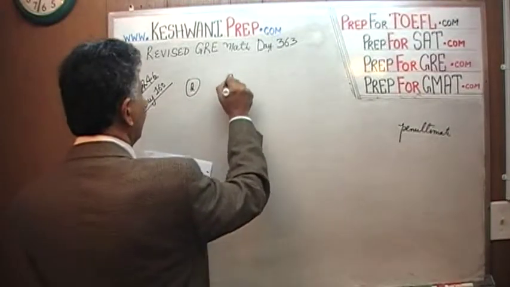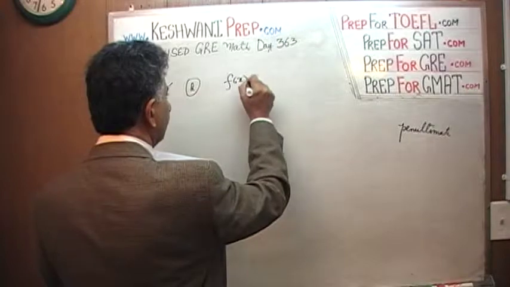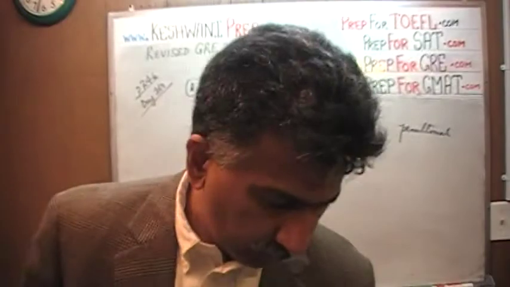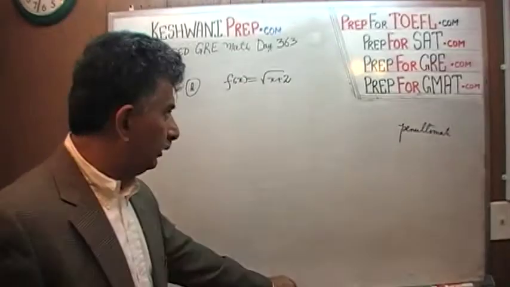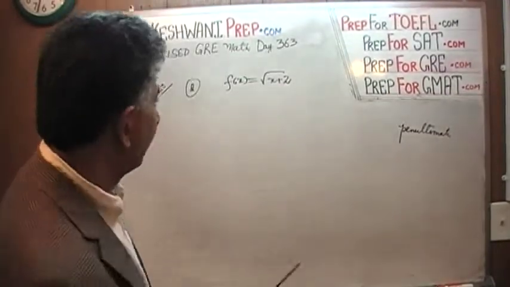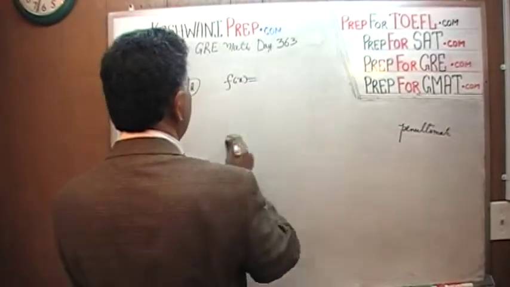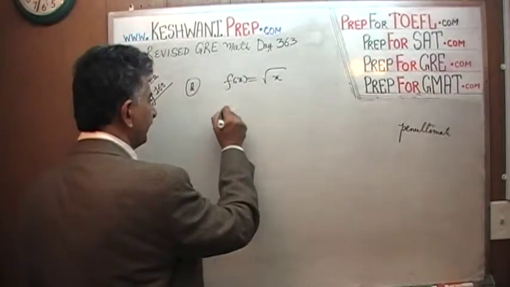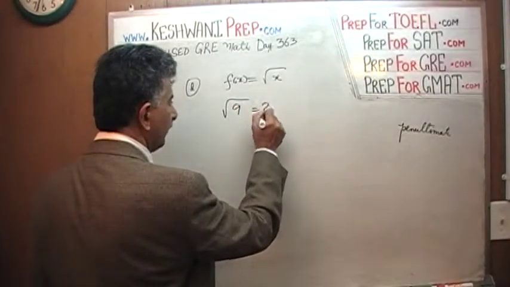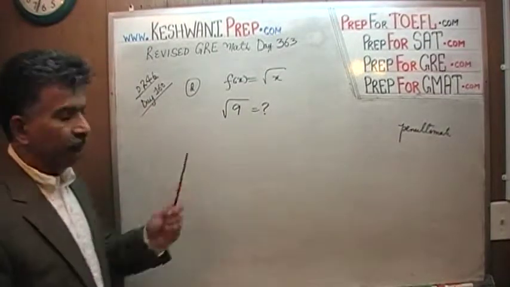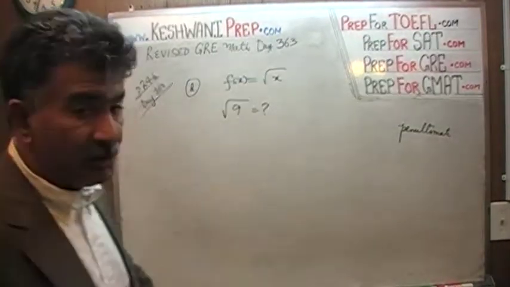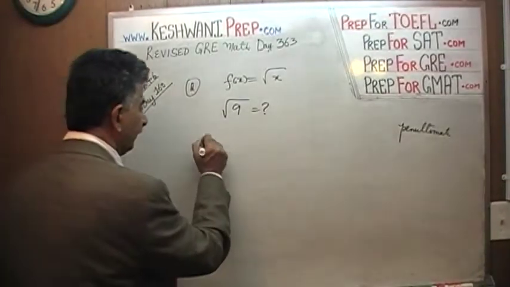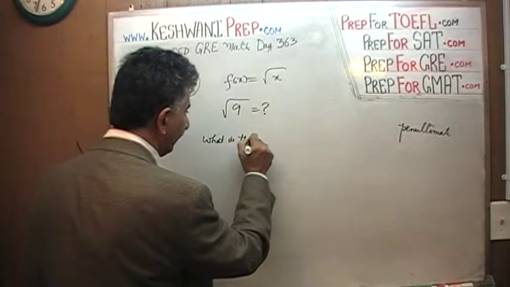D says f of x equals root of x plus 2. Before we worry about root of x plus 2, let us begin with something simple. Let's ask ourselves what happens if f of x equals just root of x. For example, if somebody asks us how much is root of 9, what is this question asking? If somebody were to articulate this in English, this is asking us what is that number